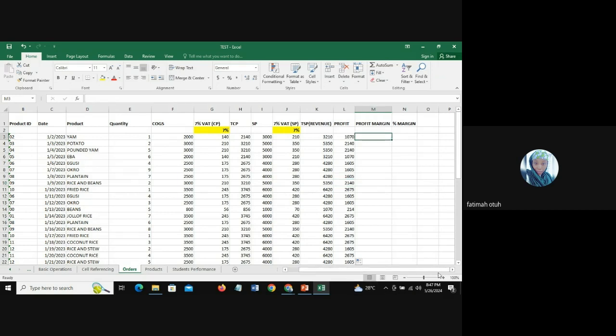So next, they want us to find the profit margin. The profit margin formula is the revenue minus the profits, divided by the revenue. Okay, the revenue minus the profits divided by the revenue. So we have equal to this revenue minus our profits, which is this,